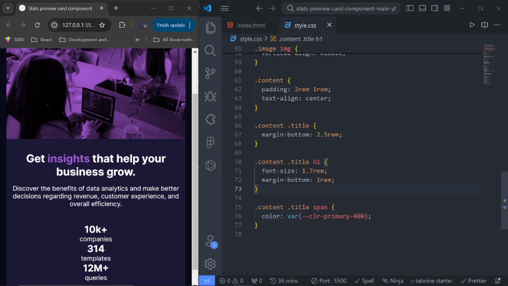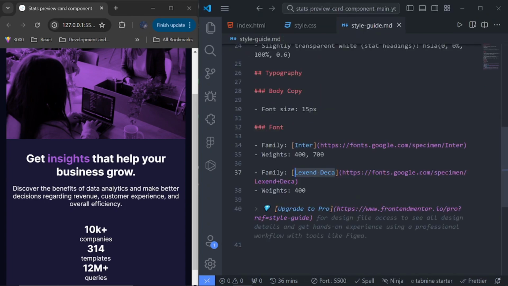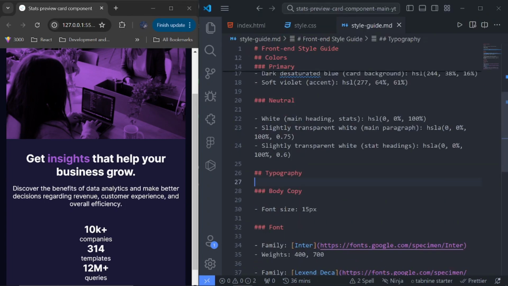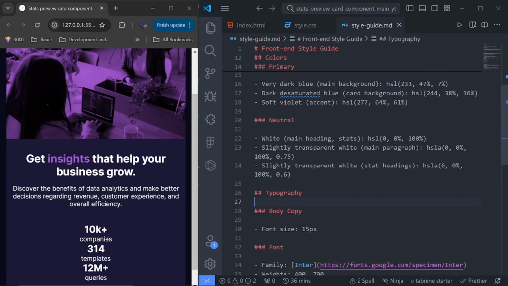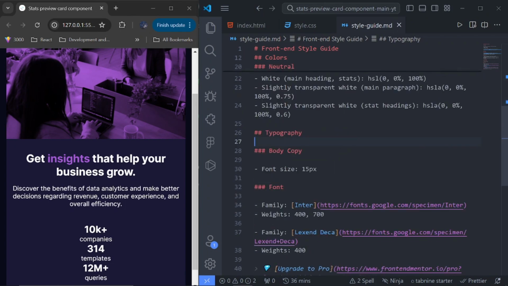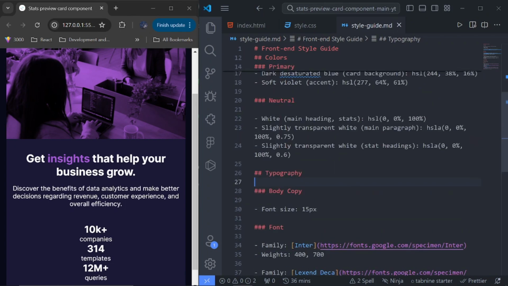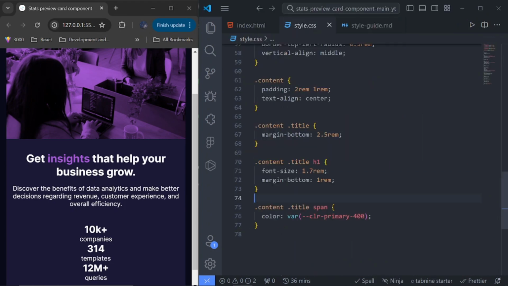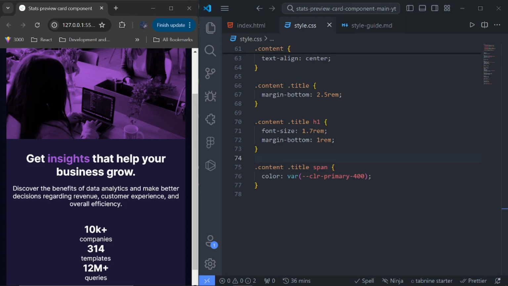Now if we head over to the style guide again, I believe I missed some things. Okay, so the main heading should be white. Main paragraph, I believe this one should be this color. So for the p tag,